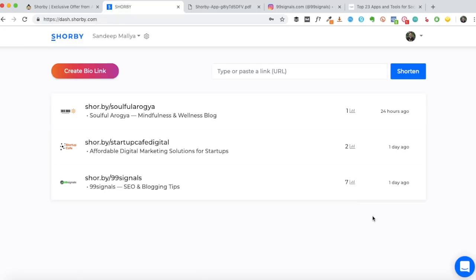It's just been a day since I started using it, and I would have to evaluate the kind of traffic that I'm getting from Shorby. As you know, Instagram doesn't let you include any sort of links in the description. At least the links that you include will not be clickable unless the link is on IGTV. But let's face it, a lot of people are not using IGTV at this moment. So until the time that Instagram allows marketers to include links with each post, you can use Shorby.